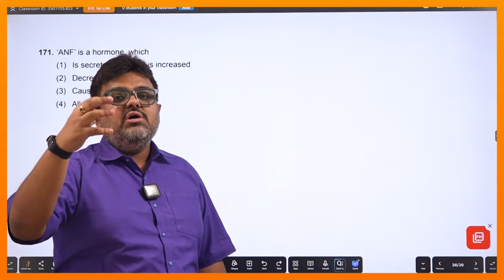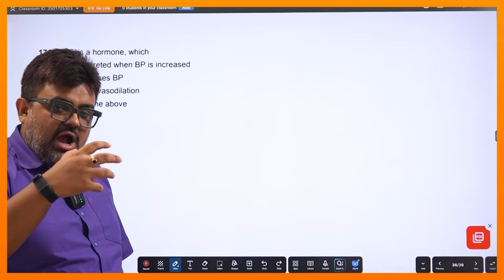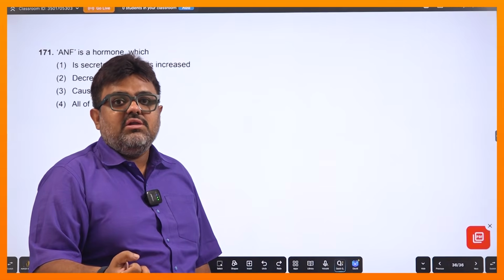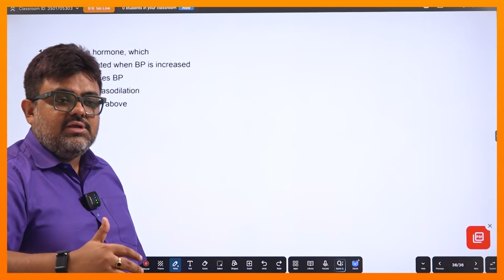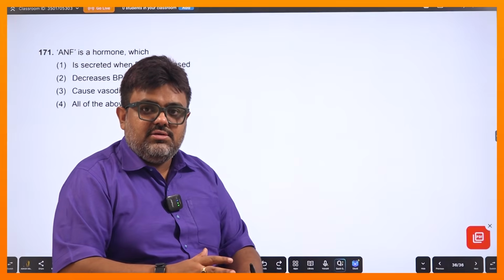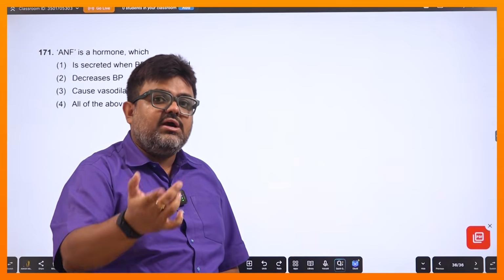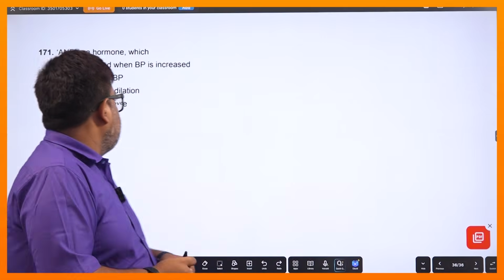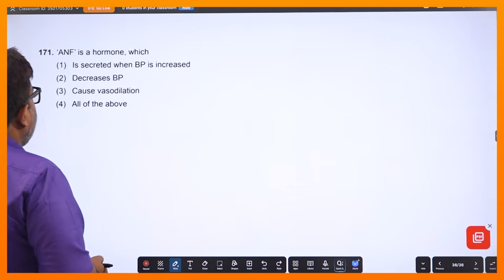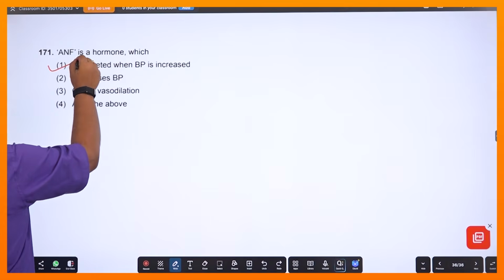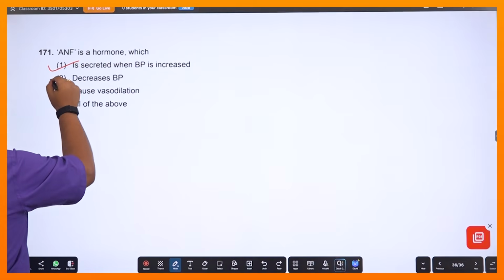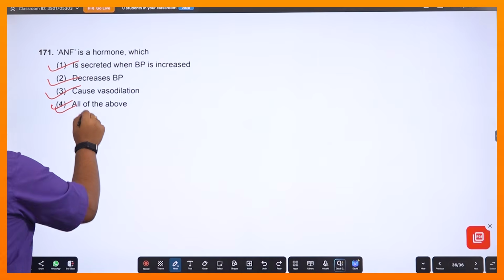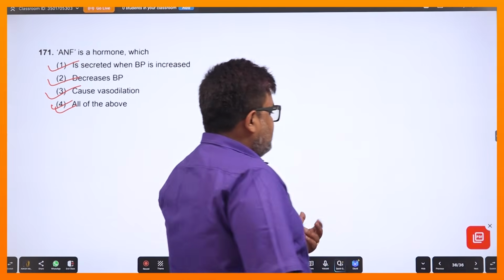তখন কিন্তু হার্ট কি করে, আর্ট্রিয়াল নাট্রিউরেটিক ফ্যাক্টর তৈরি করে, যেটা ব্লাড প্রেশারটাকে আবার নর্মাল করে। ও নাট্রিউরেসিস করে, সোডিয়ামকে ইউরিন দিয়ে বার করে দেয়, অপোজিট টু হোয়াট রাস মেকানিজমে টেক প্লেস করছিল। প্লাস ও ভ্যাসোডাইলেটর, অ্যাজ আ রেজাল্ট ব্লাড প্রেশারটাকেও কমিয়ে দেয়, তাই না? তাহলে এটা কখন সিক্রিট হয়, যখন ব্লাড প্রেশার ইনক্রিজ হয় ডিউ টু রাস মেকানিজম। এর মেন কাজ হচ্ছে ব্লাড প্রেশারটাকে ডিক্রিজ করা। কিভাবে করে? ভ্যাসোডাইলেশন করে। কাজেই অল অফ দ্য অ্যাবভ আনসার হবে। এত নাট্রিউরেসিস তো করেই থাকে।